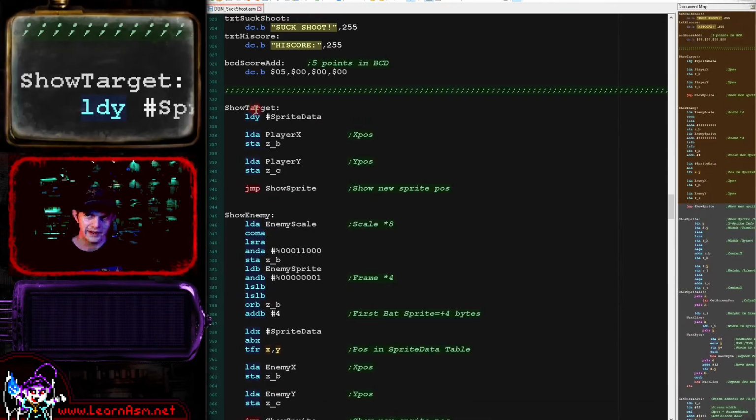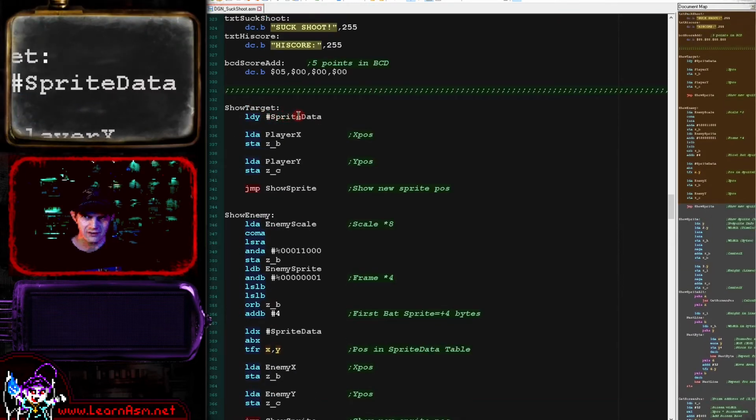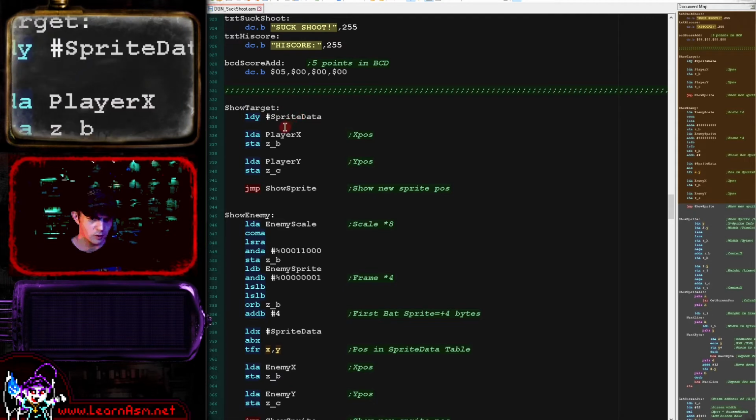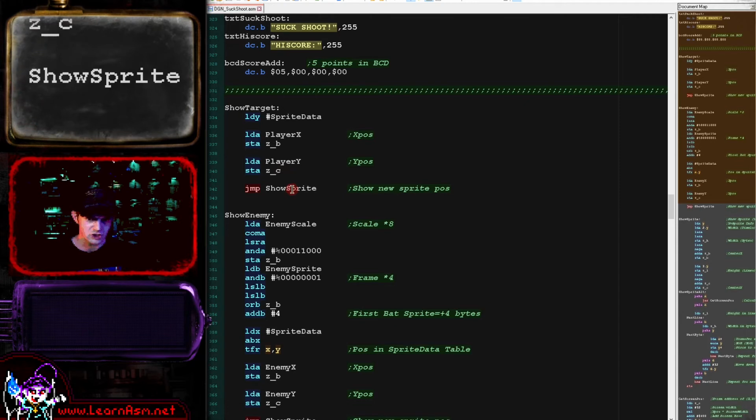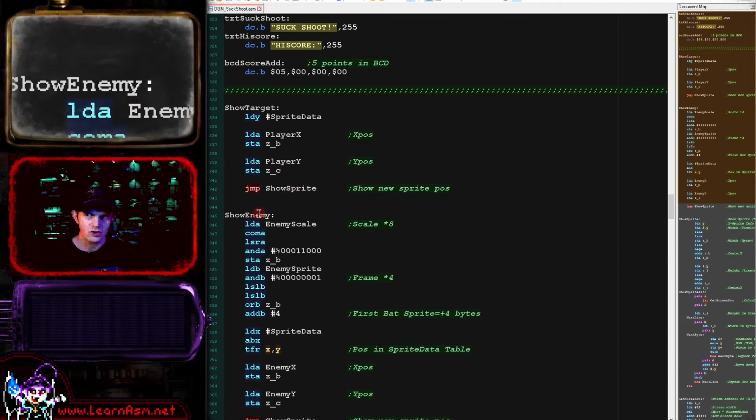Now for the player's target, we just select the memory address of sprite data because it's the first sprite we want. We then get the X and Y position of the player sprite, and we run show sprite to show it. Show enemy is a little bit